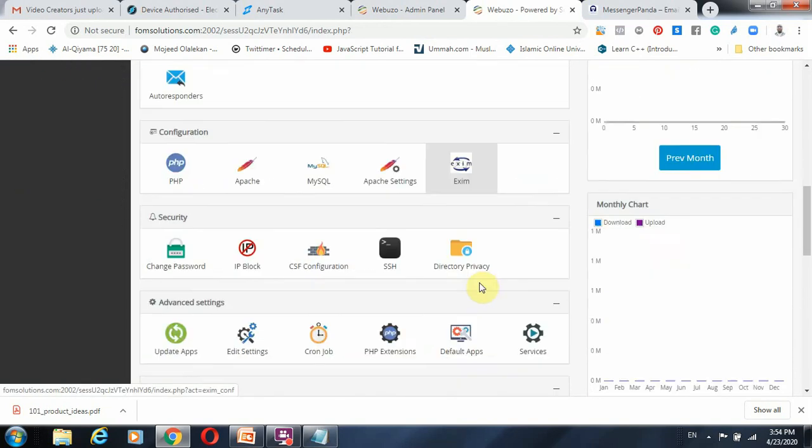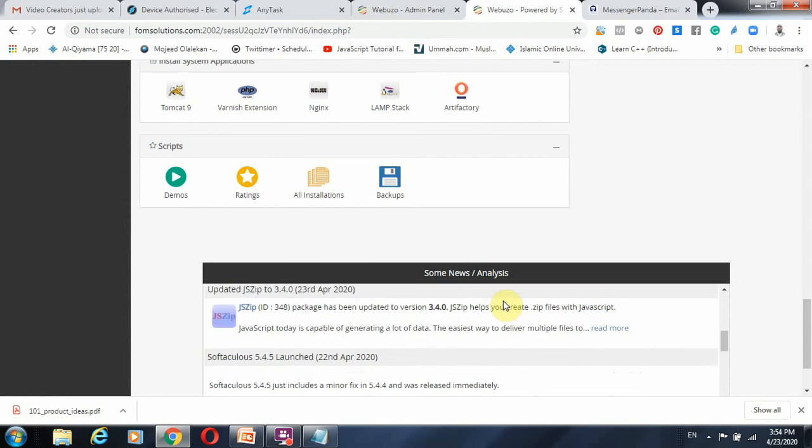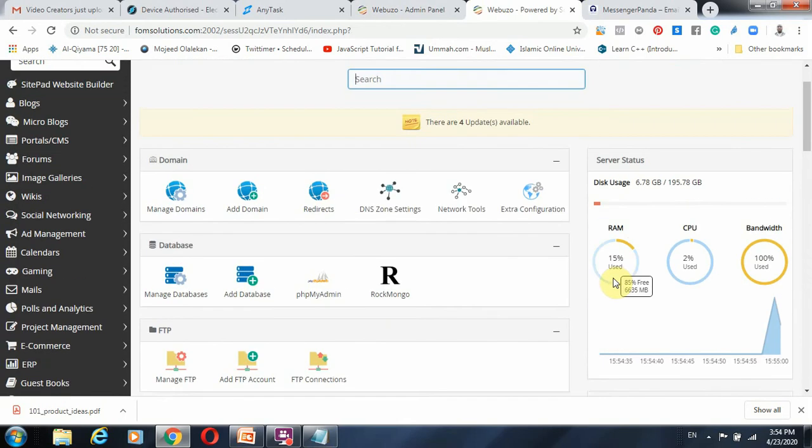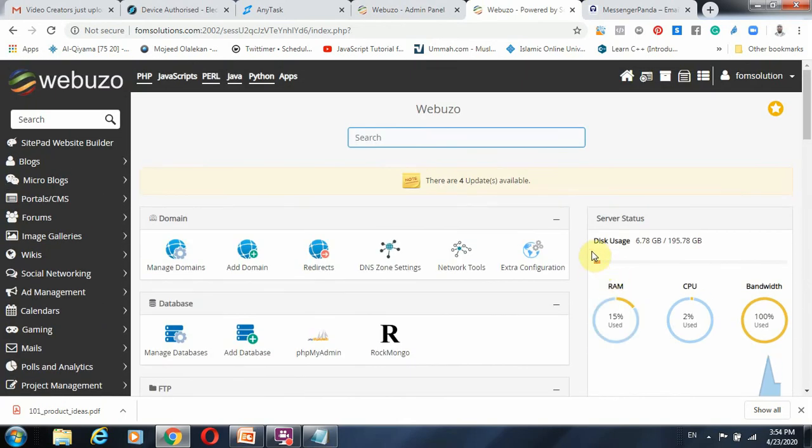Your Let's Encrypt is available. So there is nothing else than making sure that your server is active and every dependency on it is active, and you are monitoring that it is working. So thank you and God bless.